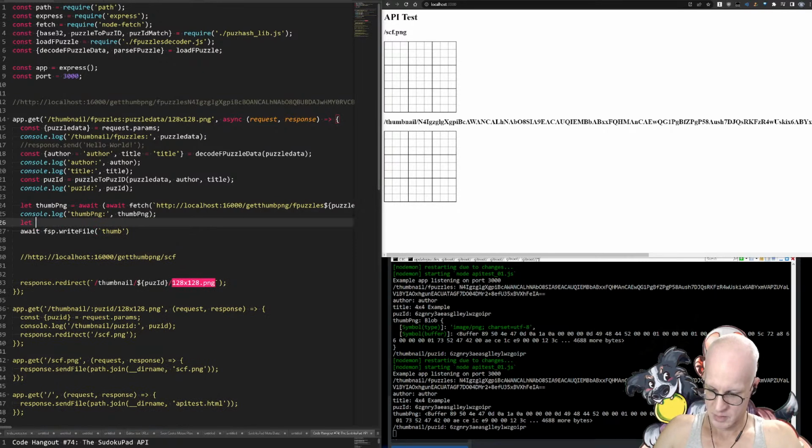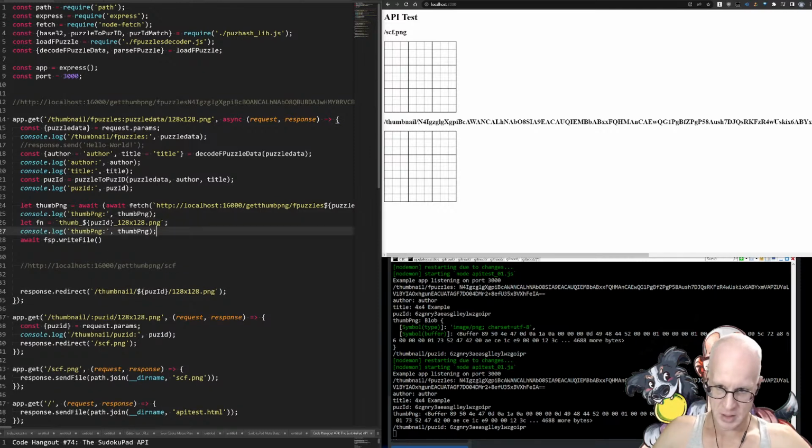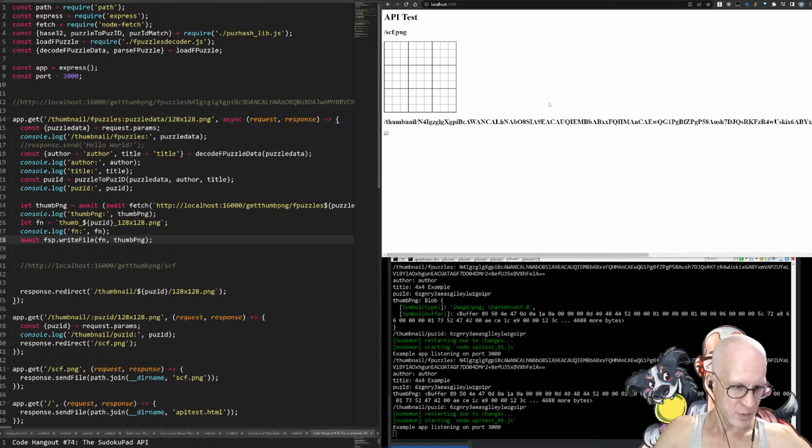So let file name equal thumb fuzz id 128x128.png, and what we're going to do with sizes and formats and all that stuff is something we'll figure out later. And then writeFile is file name .png. Right? And if I do this,